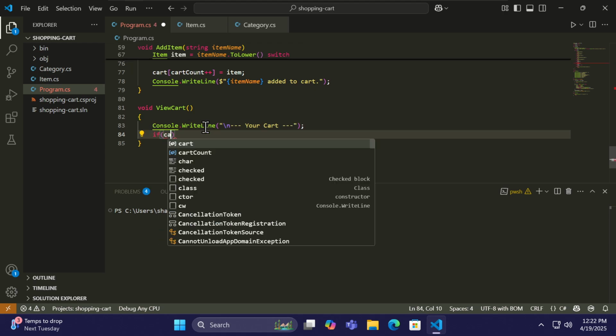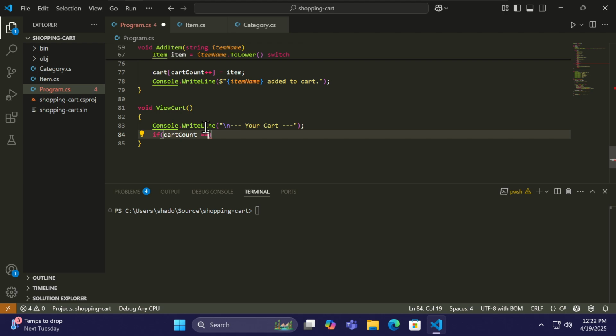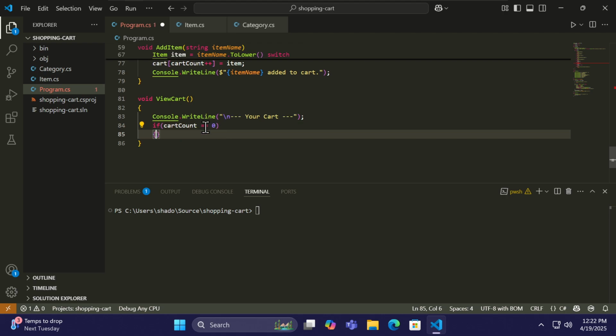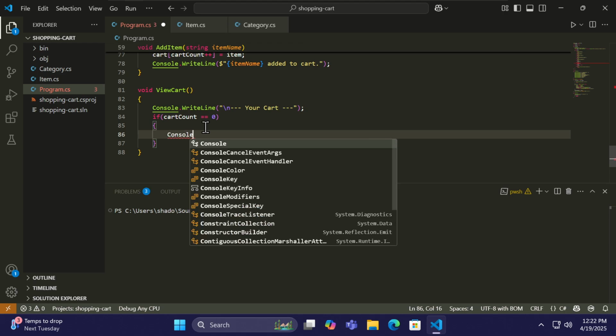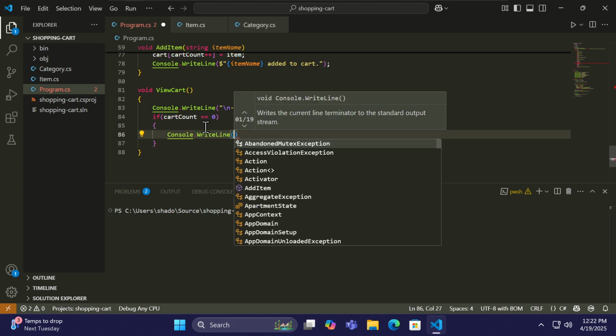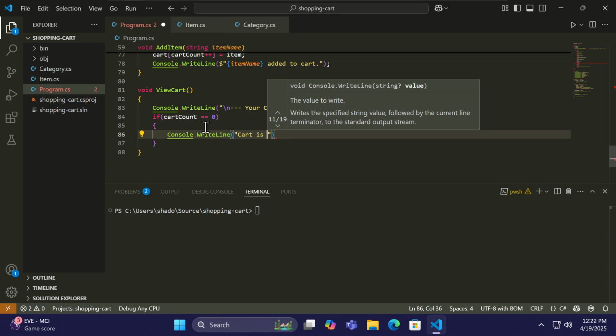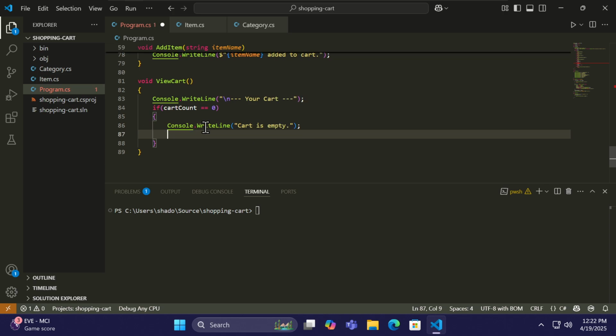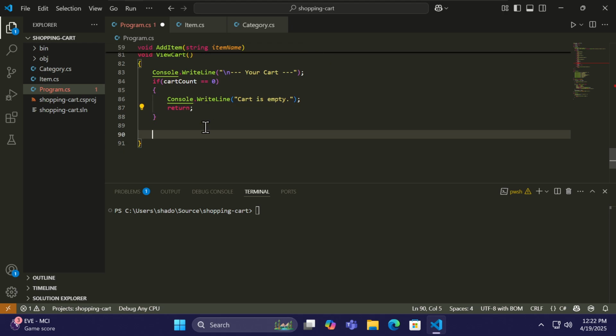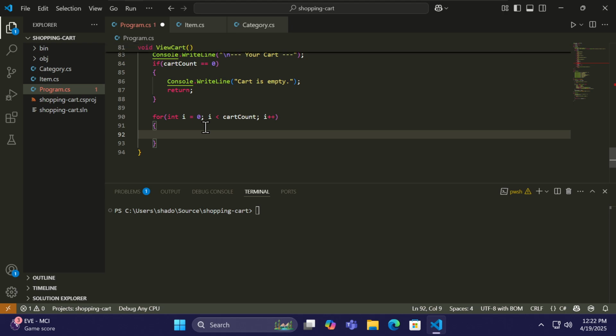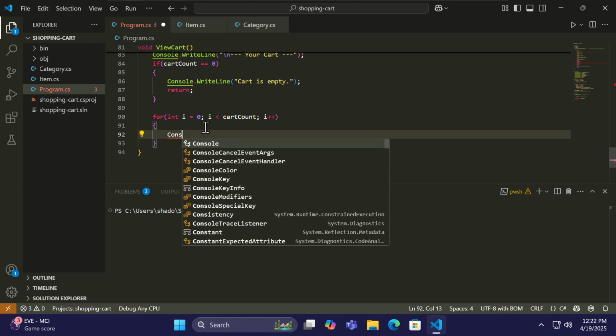If cart count equals 0, Console.WriteLine "Cart is empty." And then we can just return because we're done. Else, for int i equals 0, i less than cart count, i plus plus. If not, we're going to loop through the list and we're going to do